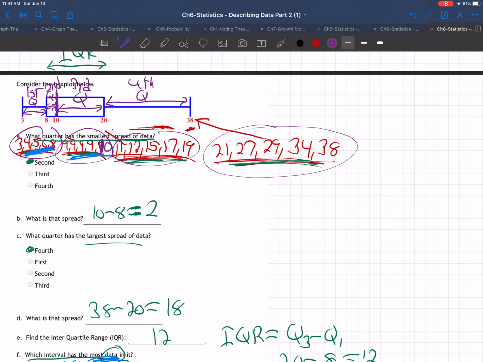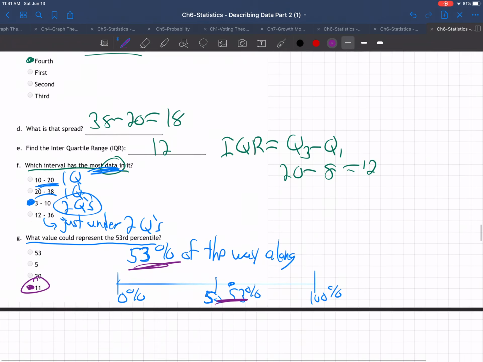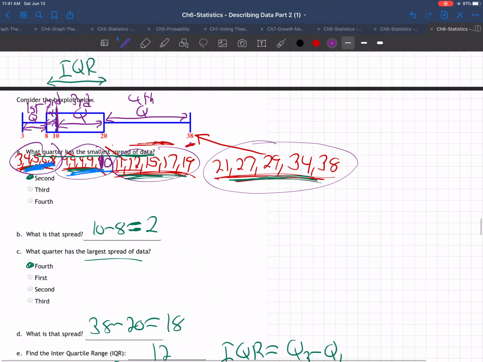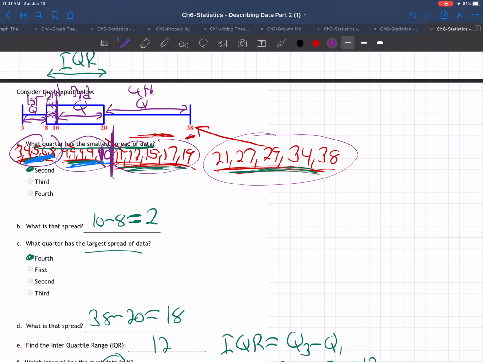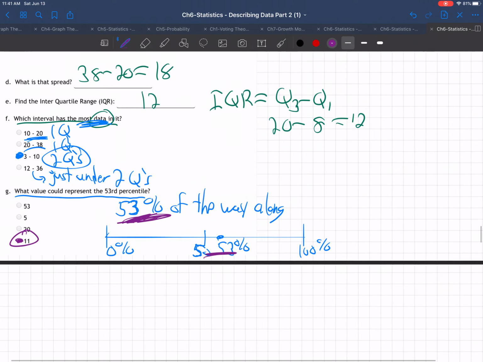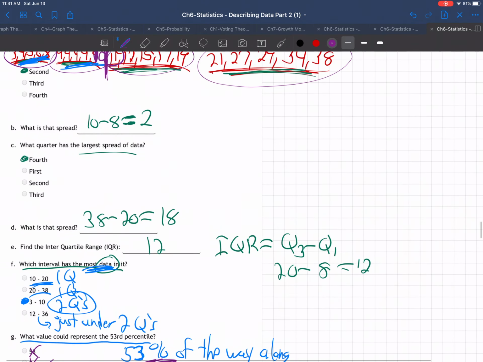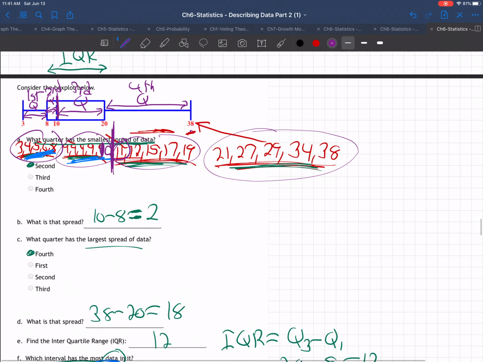on up to 38. So if we're looking for the 53rd percentile, we're looking to go just past halfway, 53% through the list of data values. Well, halfway is like the number 10, so just past 10, that'd be like 11. That's a possible answer. No way it could be 30 or these other ones, no way. So there it is. There's the understanding of what a box plot